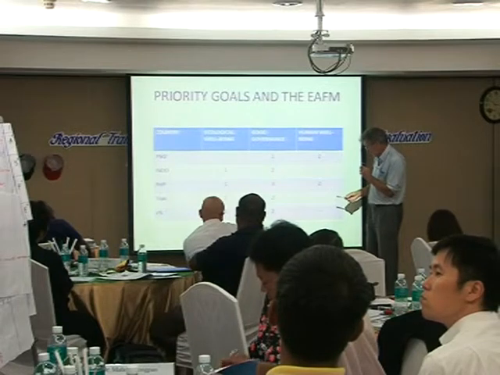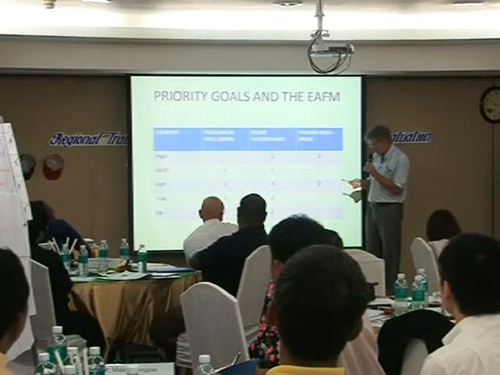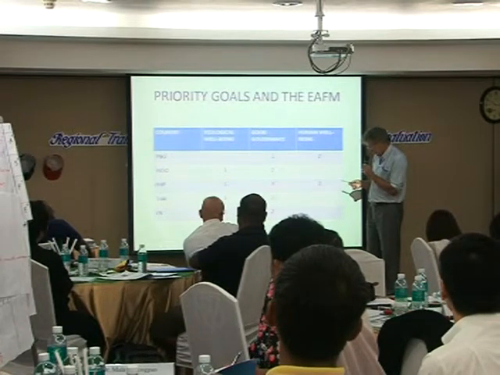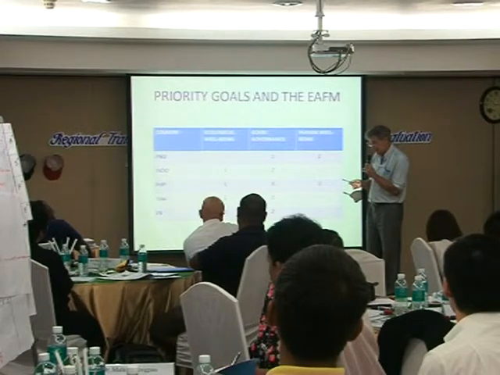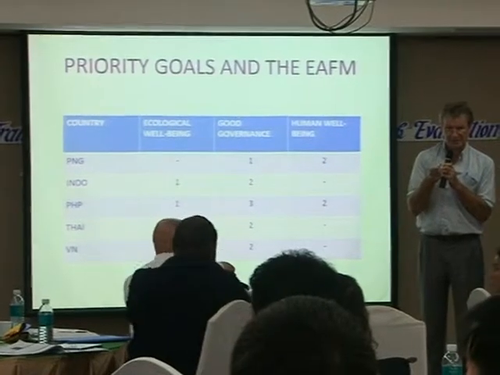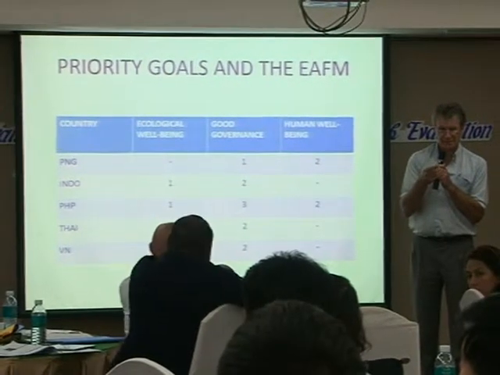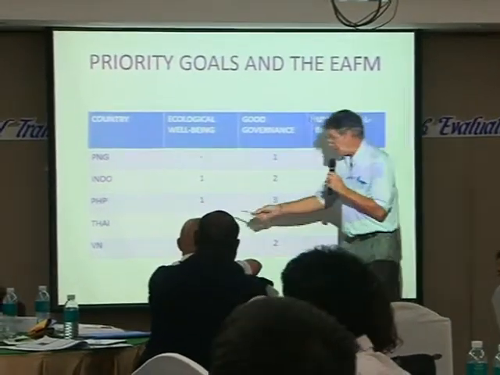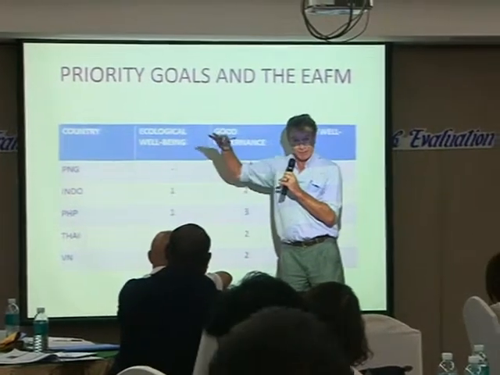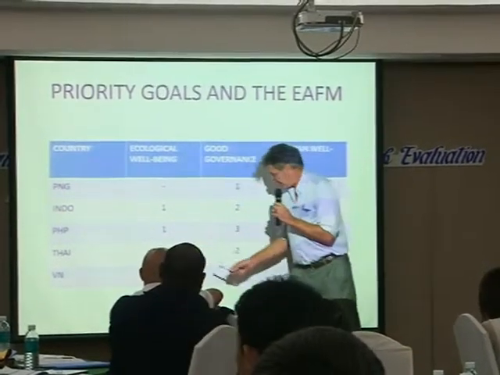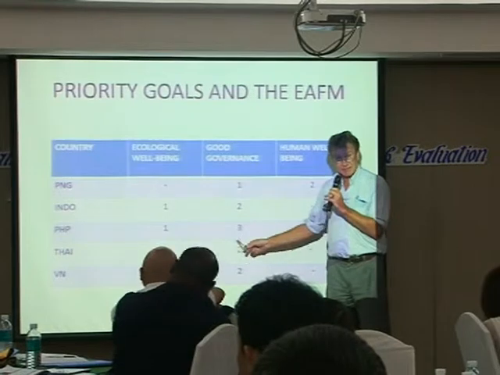Vietnam, and this was a surprise, and I said this earlier, it seemed you were looking mainly at selective ecological well-being with trawl selectivity, was it? What was your primary goal? What was your first goal in Vietnam? Fishery resources. Right, sustainable fisheries resources. You want the ecology to be strong, yes? Yeah. And the second one was about the governance,